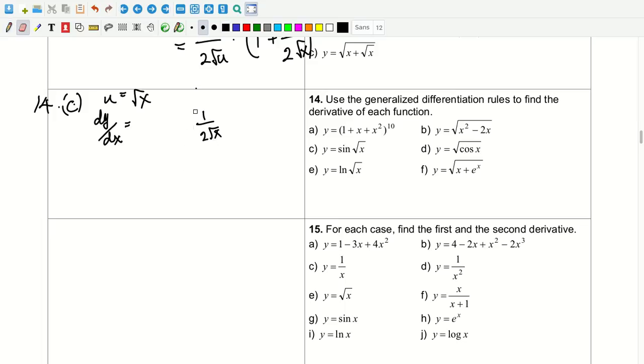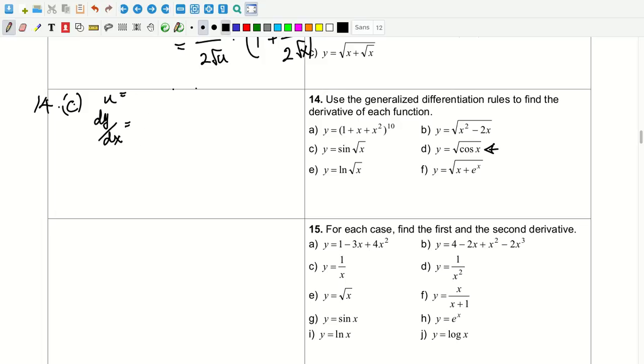Easy, easy, easy. Okay, and then now I make the inside of the square root my u, so cos x. So it's going to be 1 over 2 root u times negative sine x. So this becomes negative sine x over 2 root cos x. Done. Done. Okay. Next,